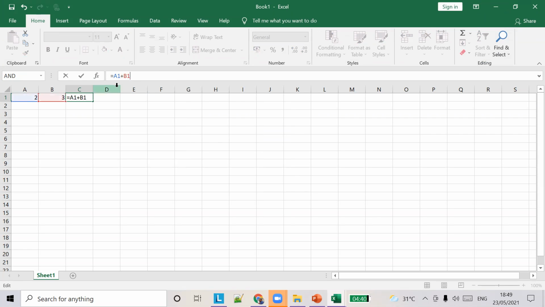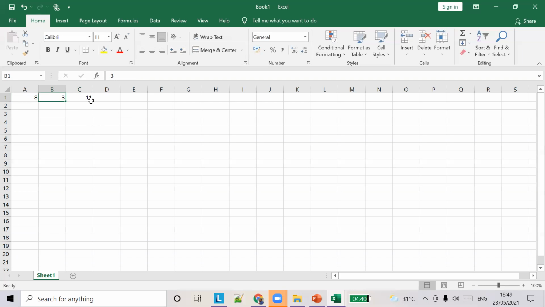So I've typed the formula, and you can see the formula is displayed here, but when you tap out of this cell, when you move out of this particular cell, the cursor is right here. When you move out of the cell, you will see the value is being calculated, and 5 is displayed. So this is dynamic. Let's say the input value changes here, and when you move to the next cell, the formula still applies.